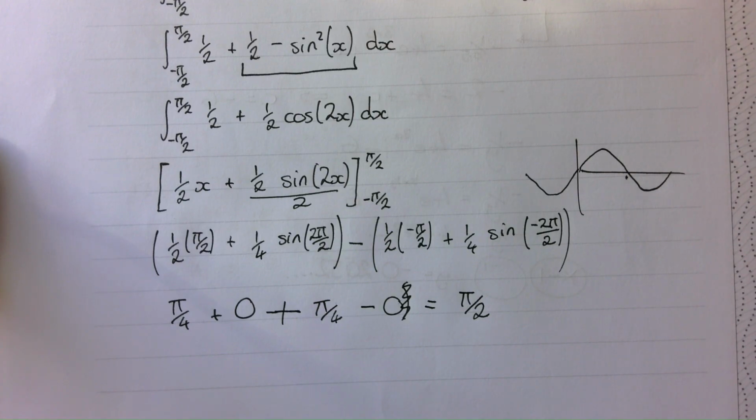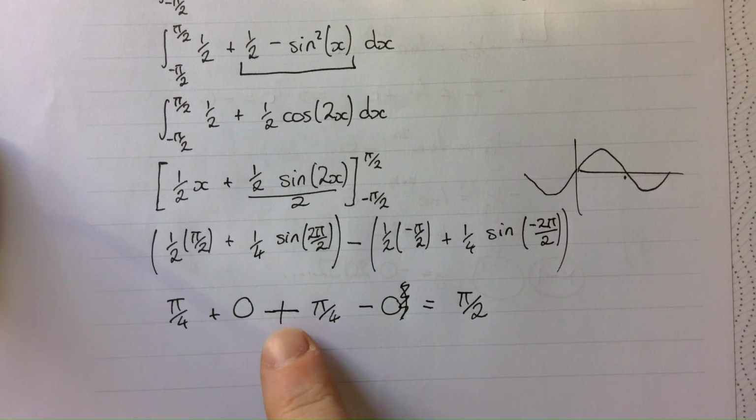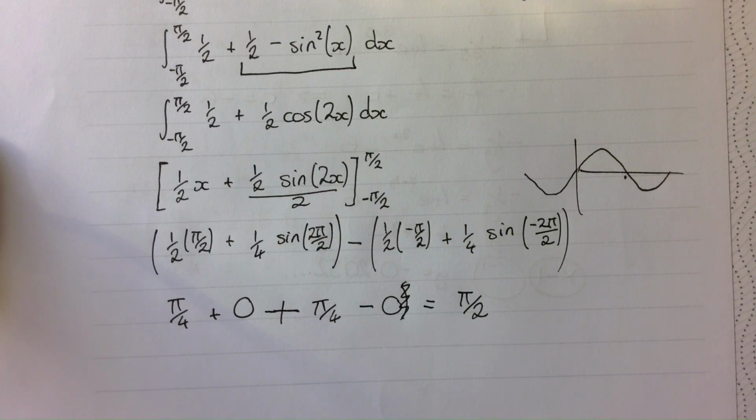Now, altogether, that is a merit question. If you rounded your answer and so got rid of the pi, so it wasn't in terms of pi, then that was also acceptable. Generally, unless it's a show that, and you're dealing with pi's in your answer, I would always leave the pi unrounded,